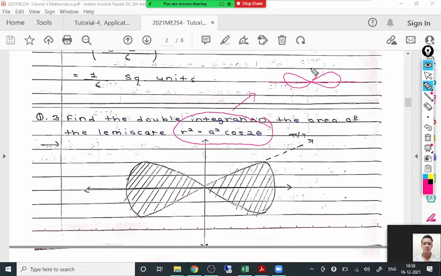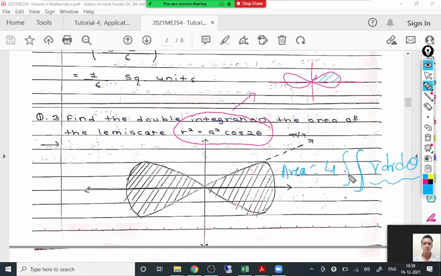Again, this question is not asked in the last 10 years. Here also we have to use symmetry. Whatever area we get in the first quadrant, the same area is there everywhere, so it is 4 times. So first of all, we get the formula for area as 4 times the double integral, now r dr d theta. Why r dr d theta? Because we are in polar. And this is not an ellipse again. So that is about the formula.